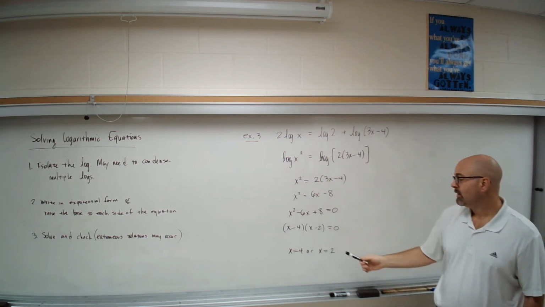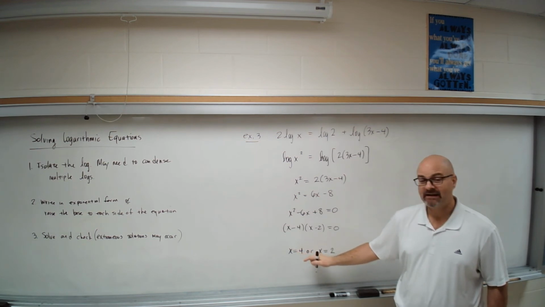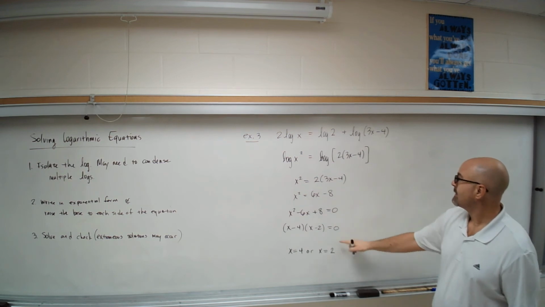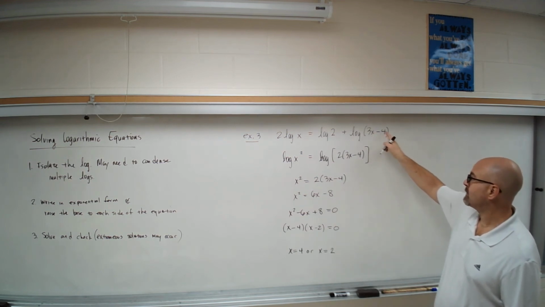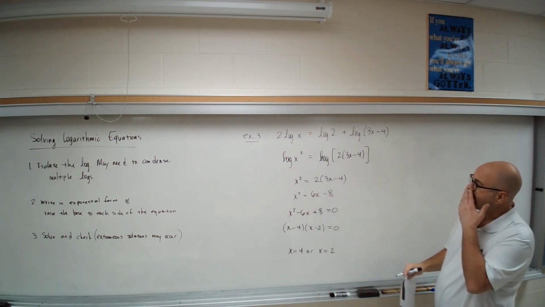Right? But we want to take a minute with our calculator. You can check them a little bit to see if they fail right away, but we should still check to see if the answer's right. See, if I put 2 in here, I get 6 minus 4, which is still positive 2. Yeah. So here, to check this,